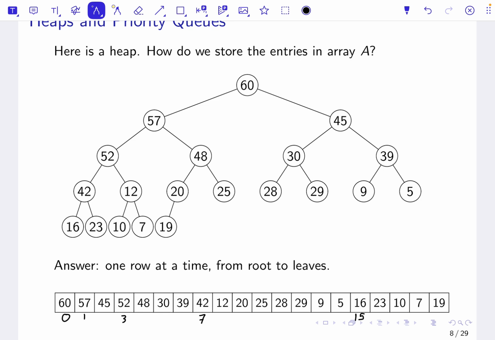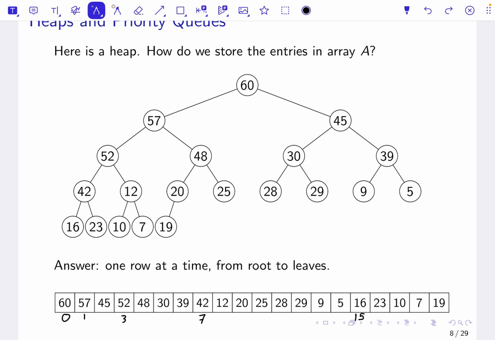Hey, remember that time when I was talking about the height of a binary tree and I was trying to find a pattern in how many nodes the tree could have based on its height? And the progression kind of looked like powers of 2, but not quite. Well, 1, 3, 7, and 15 sure remind me of 2, 4, 8, and 16. As you go down this side of the tree,